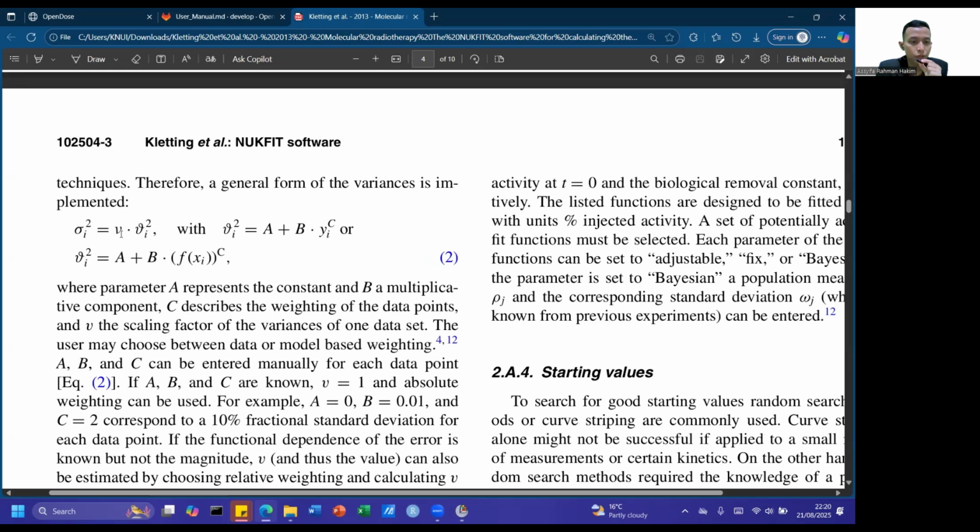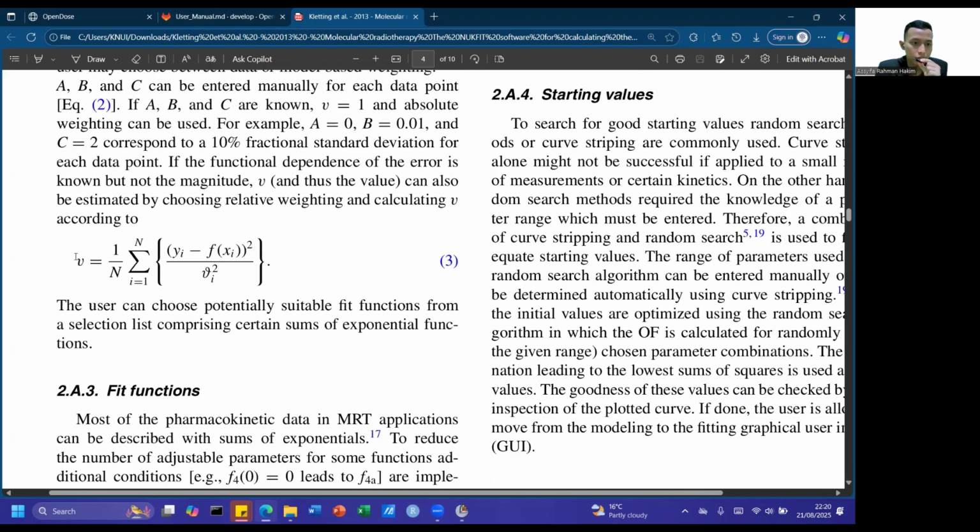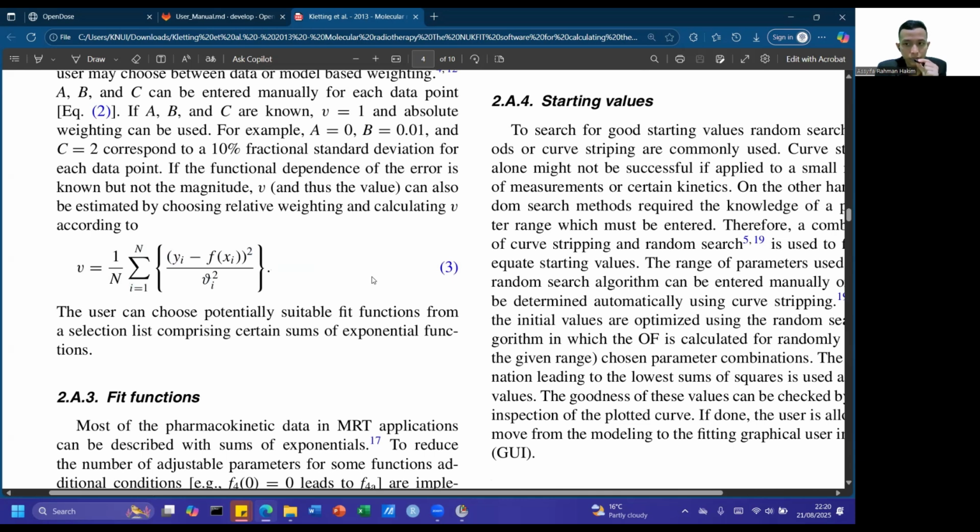Absolute value means the value of V equals 1, and relative value, or relative weighting, means that the value of V is estimated by this equation. Since it is estimated, it will obviously add parameters to the model.